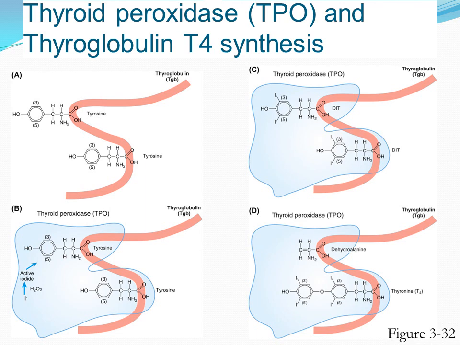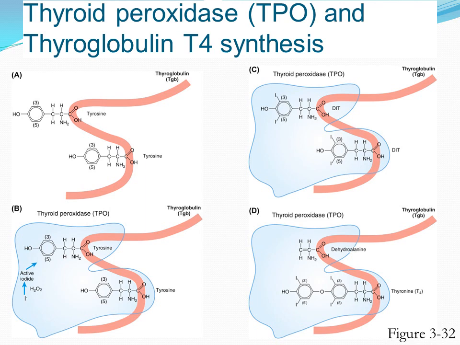And then an enzyme called thyroid peroxidase comes in and activates the iodine, attaches the iodide, as you can see in B and C. So the thyroid peroxidase activates the iodide, it attaches it to the tyrosine, and then